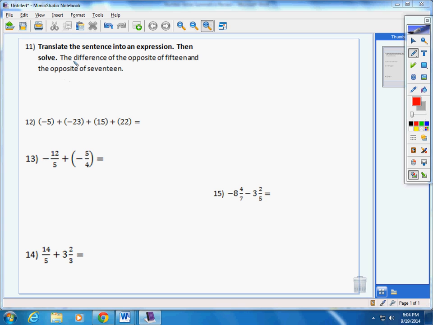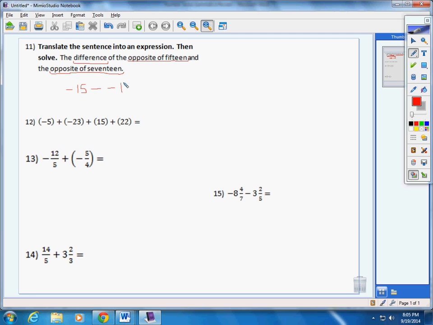The difference. Difference always means subtraction. I might as well put the subtraction sign down right there. The difference of the opposite of 15. The opposite of 15 is always just its negative counterpart. So the difference of negative 15 and the opposite of 17. Well, if the opposite of 15 is negative 15, then the opposite of 17 is going to have to be